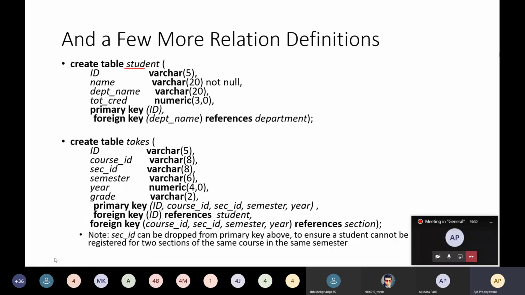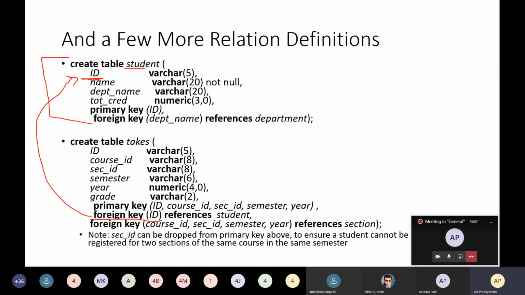So just see how the foreign key is mentioned while creating the table. Already this table is present and ID is the primary key, and here the foreign key is ID, which references student.